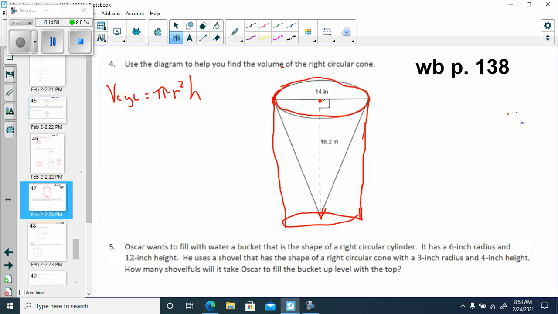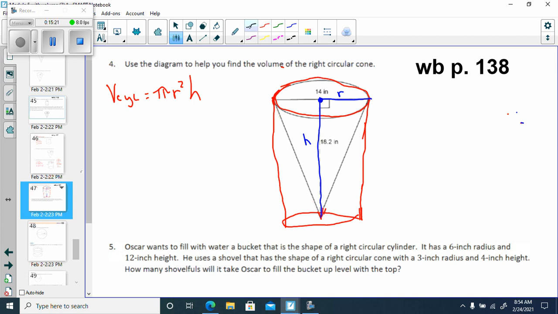If they have the same radius, and if they have the same height, because height, remember, on a cone is from the center to the point, right? If they have the same radius, the same height as your cylinder here,